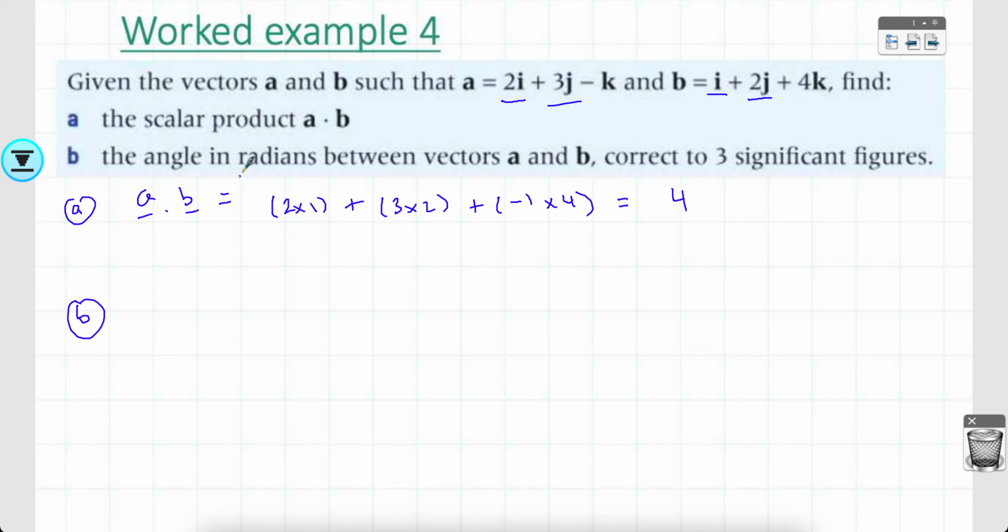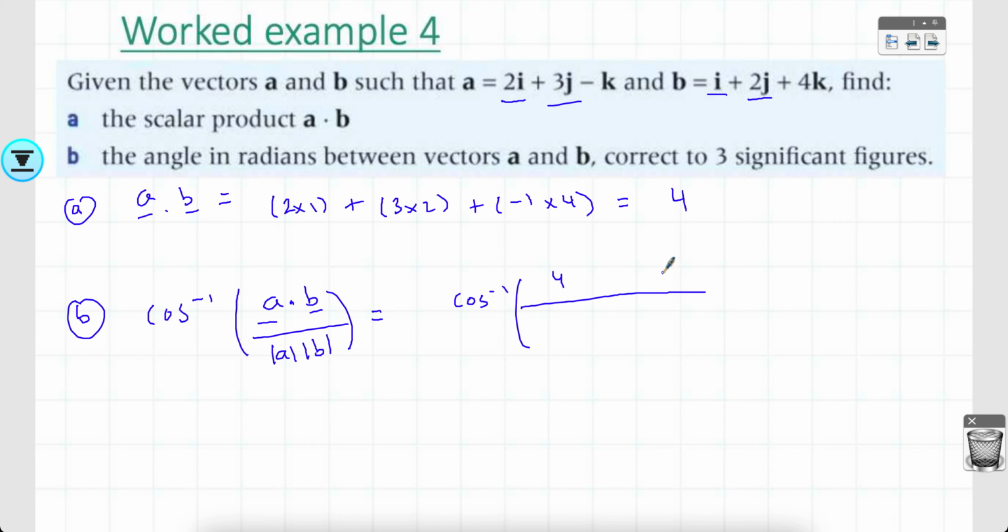Now part B says you need the angle in radians between vector A and B. We can use the answer from A to help us. It will save us a lot of work. We know that this is equal to the scalar product in component form at the top and the magnitude of each. So I know what the numerator is, and then the denominator is just